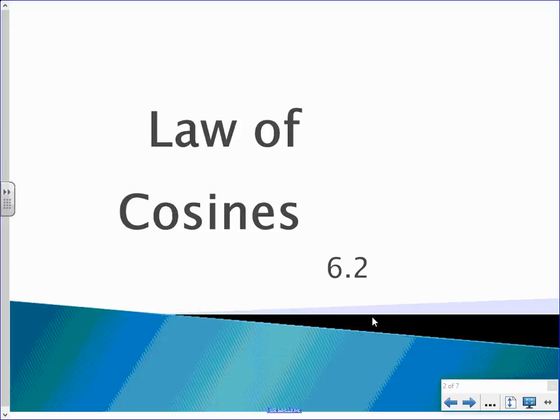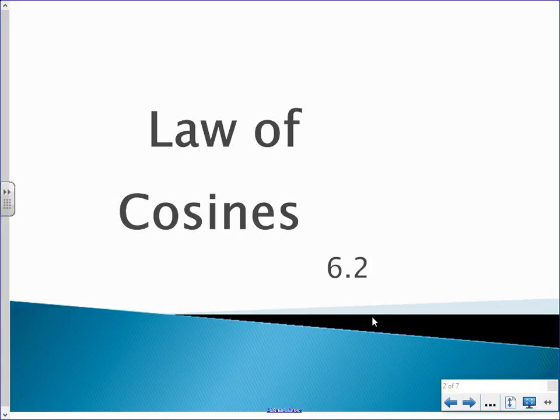Okay, so the law of cosines. First of all, let's review the law of sines. We have angle, angle, side, and angle, side, angle, where we can use the law of sines, right? Side, angle, side is the one case that is special, the ambiguous case, where we could have no solution, we could have one, or we could have